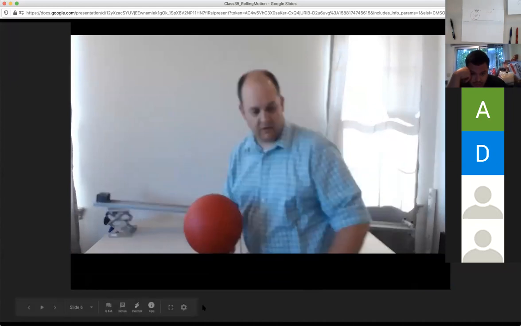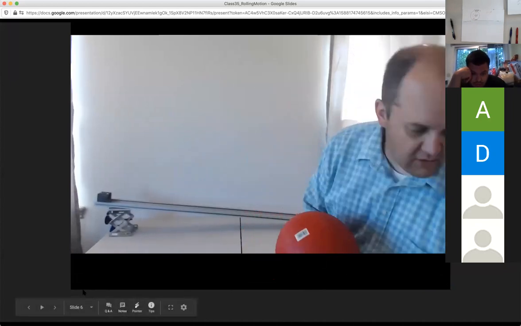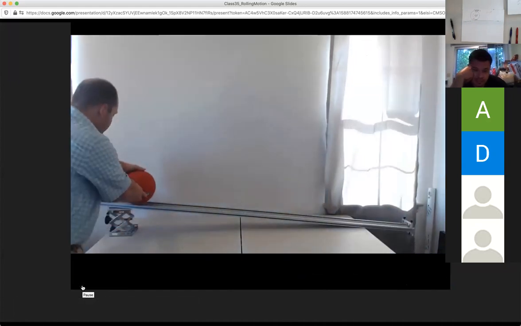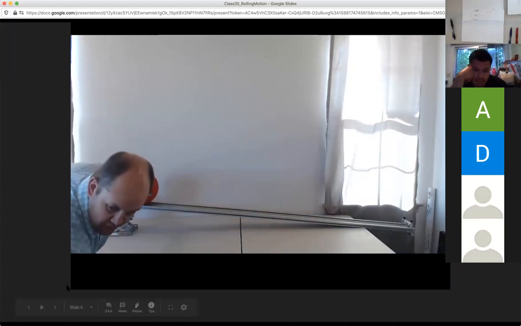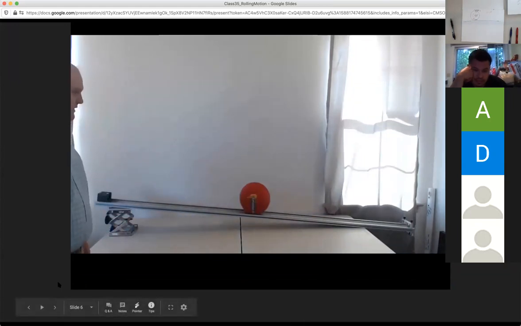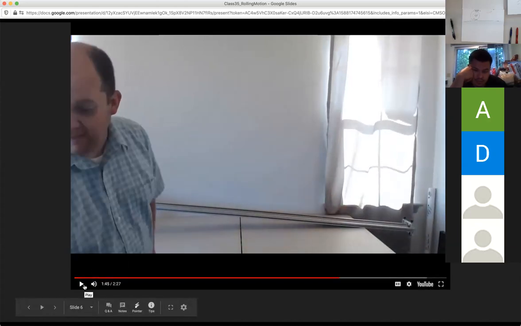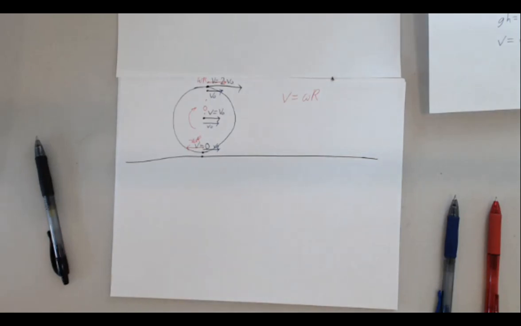And where are we? Here we go. Okay. So what we want to do here is have the ball roll. We're going to let it go. Okay. Not very exciting, right? Ball rolls downhill. But the nice thing is that we have data on this, right? We're collecting data. So if I come over here and I look at the data for this,